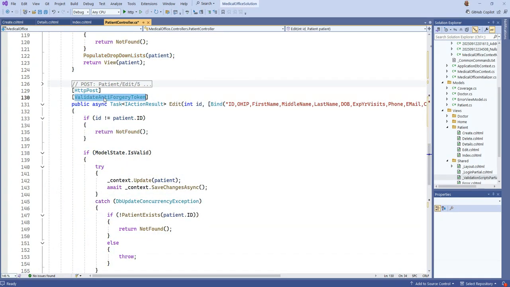Once more, we have our validate the anti-forgery token, right? Notice it's set up with a whitelist here as we build the patient object, right? That's all good. And of course, it's decorated with HTTP post, so if an edit request comes in that's a post, it gets directed here. That sounds fine, and this is all good so far, but this is the one that we're going to do the most work in. The most work we have to do is actually, we're going to change the approach, right,